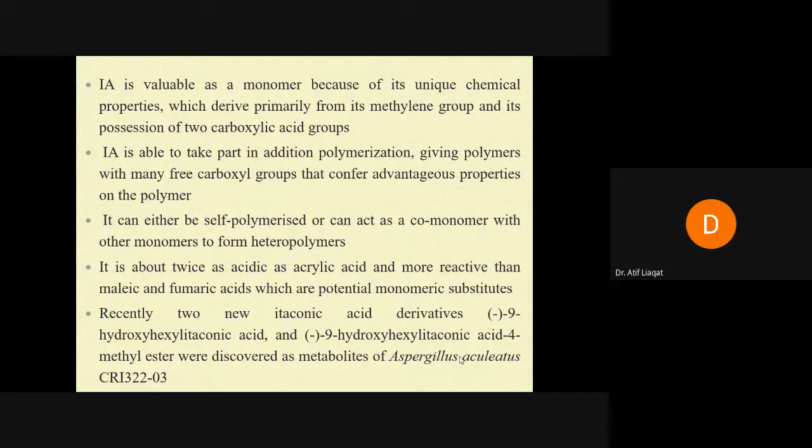It is about twice as acidic as acrylic acid and more reactive than malic and fumaric acids, which are potential monomeric